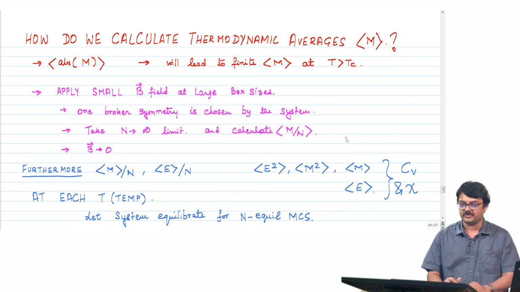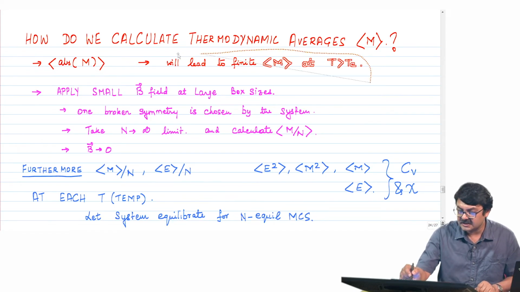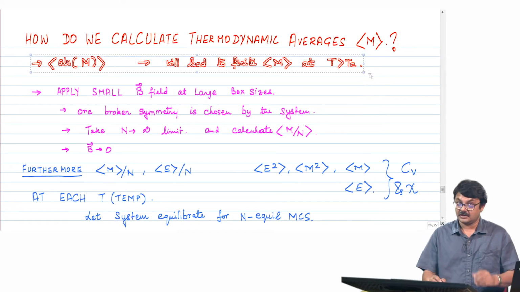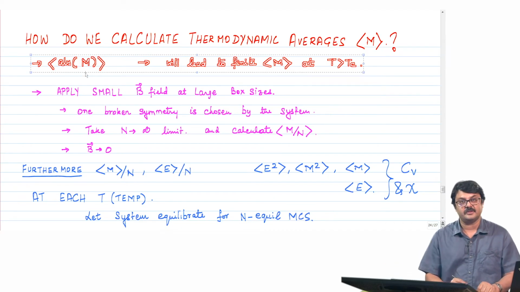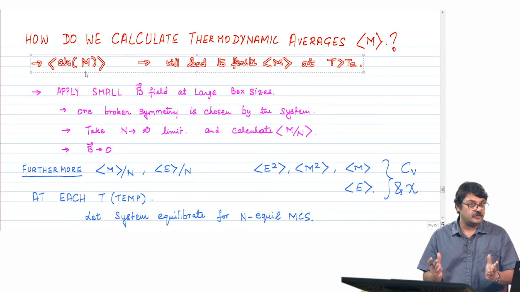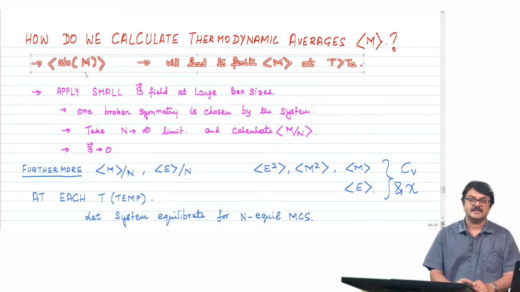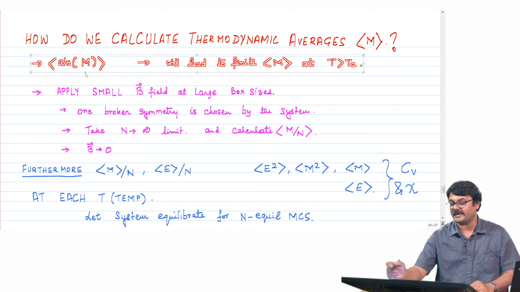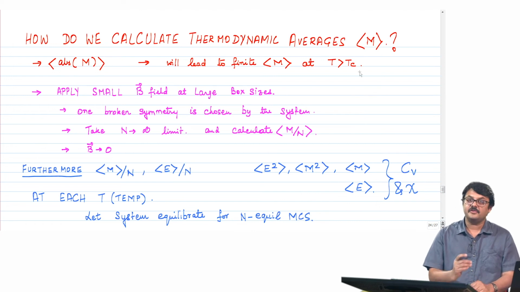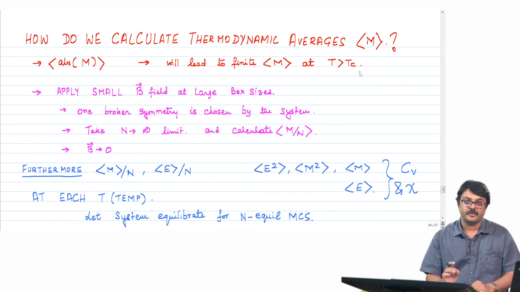Okay, so that is also possible, but for the purposes of the simulation which I shall demonstrate to you, I shall use this method, and of course, it comes with artifacts. We will try to understand the artifacts because you are choosing absolute value, and then of course, it will be difficult for us to identify the transition temperature because we will have finite magnetization at T greater than Tc. However, we shall learn how to overcome it and find the transition temperature accurately.